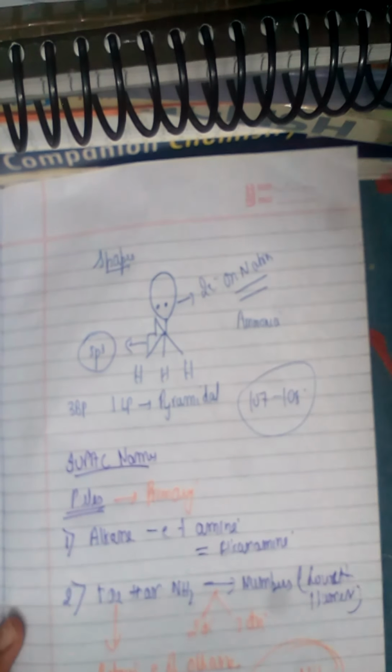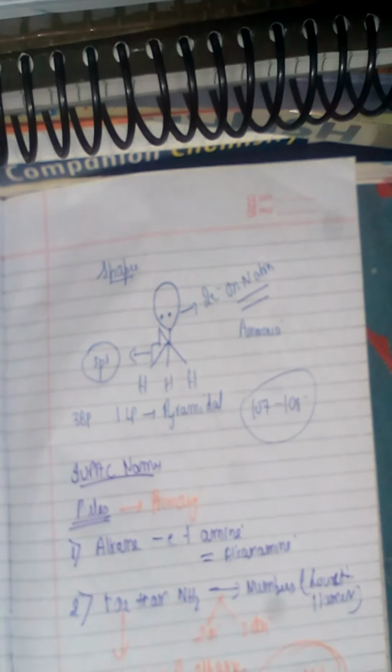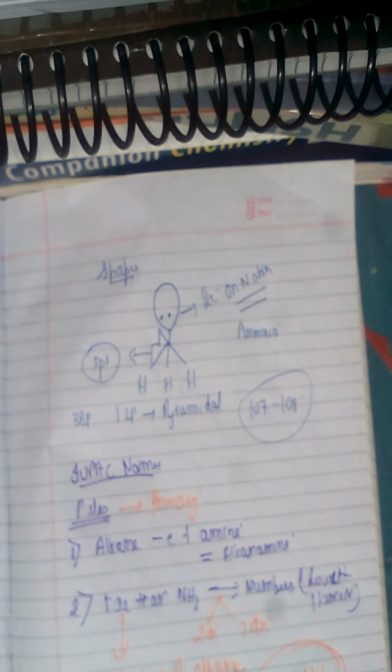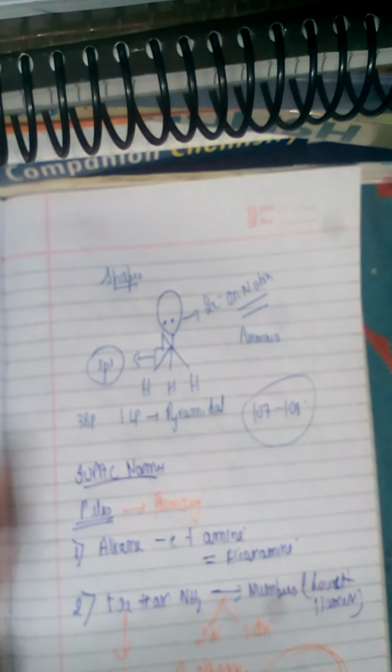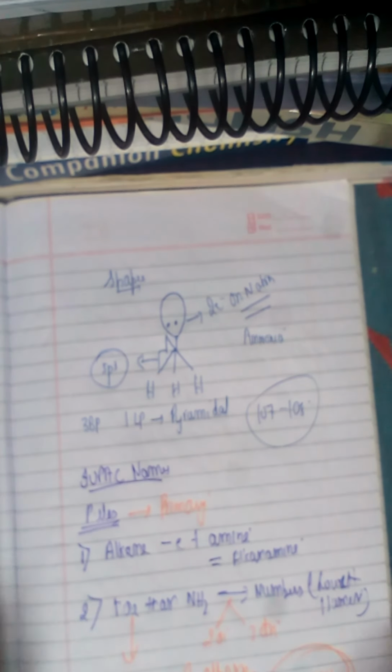But when we are moving on to secondary or tertiary amines, this system is not valid and we have to use another method to name them. So first let us practice a few questions and examples on naming of primary amines, and then we move to secondary and tertiary amines. Okay, so the first question for the nomenclature of amines is as follows.